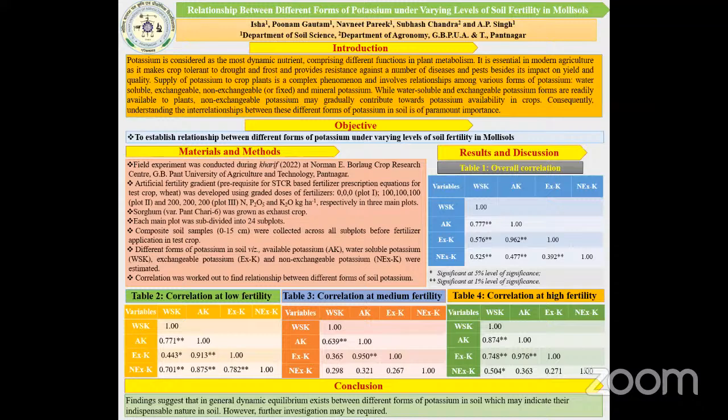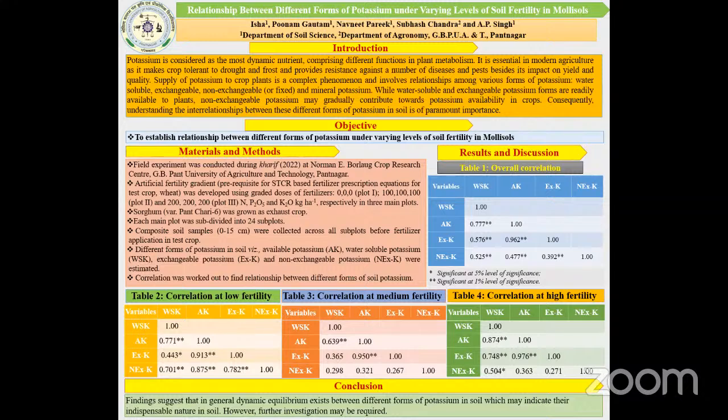variety UP 2855. Under this study, initially an artificial soil fertility gradient was established. This establishment of the fertility gradient was necessary because it is a prerequisite to formulate these fertilizer prescription equations for the test crop. Here, the field was divided into three equally sized plots, where